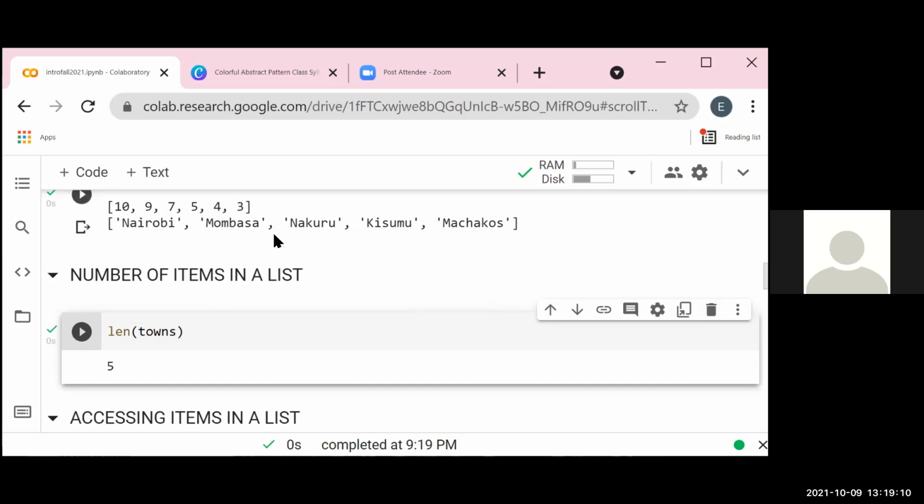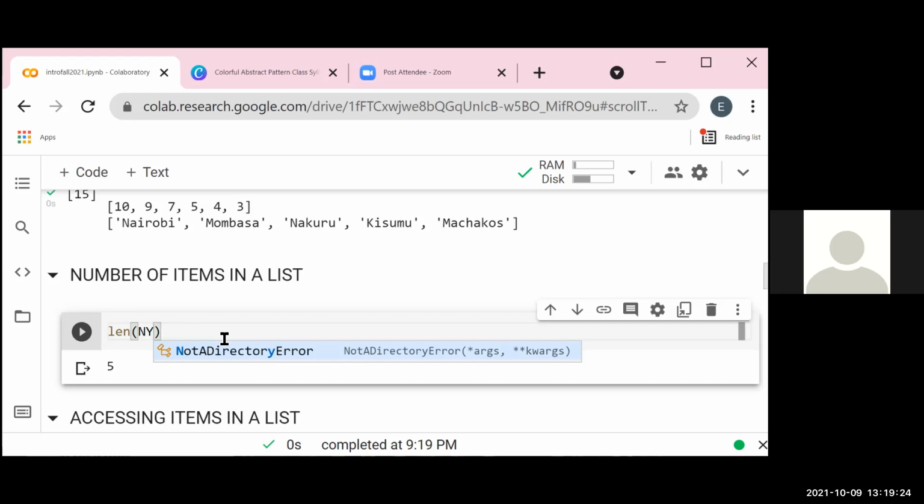If we count them, there are 5. We can as well check, what about numbers? How many items do we have in numbers? We have 6 items. So we have 6 items in numbers and 5 items in towns.